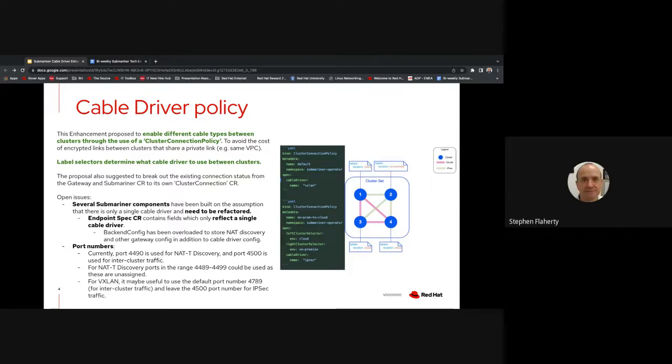So again, is this something that's seen as a required capability in the near future for Submariner, or is this something just nice to have? Well, we've had it on the nice to have list for quite a long time and never got around to implementing it. So,